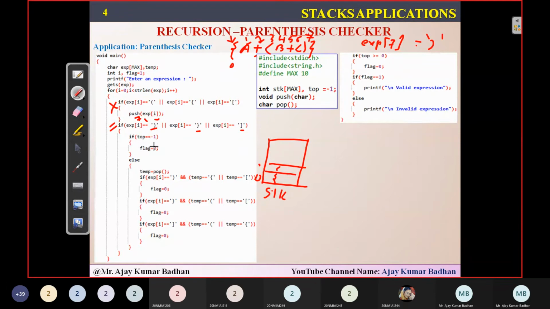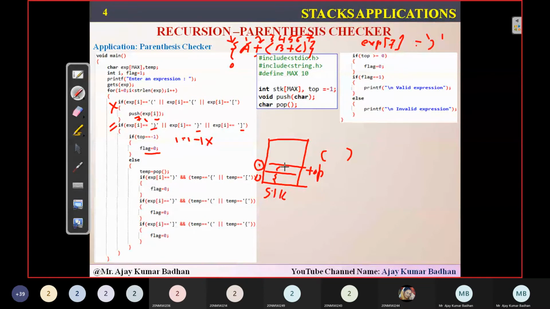Now you will find out whether the stack is empty or not. If top is equal to -1, what does that mean? The stack doesn't consist of any open brace. But is our stack empty here? No, because top is pointing to this particular location. What is the value? 1. 1 is equal to -1, the condition fails. If the condition holds, that means there are no open braces present in this particular stack. So definitely there is an error. What is the error? It is not a valid expression because you have a closed brace, but you don't have an opening brace. How can that be possible? So definitely flag is equal to 0.